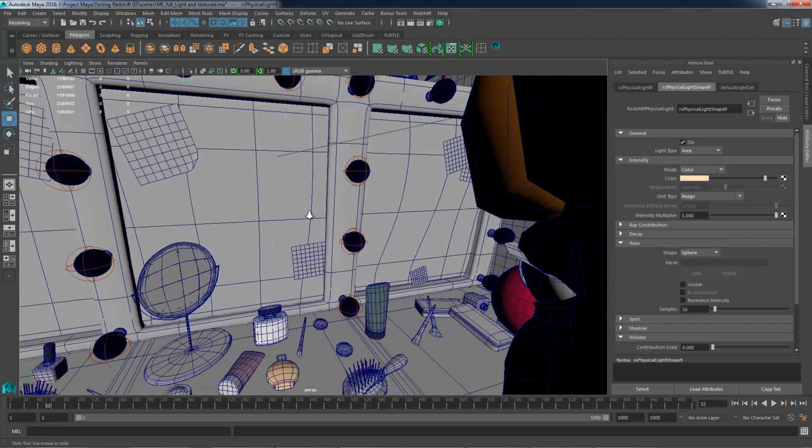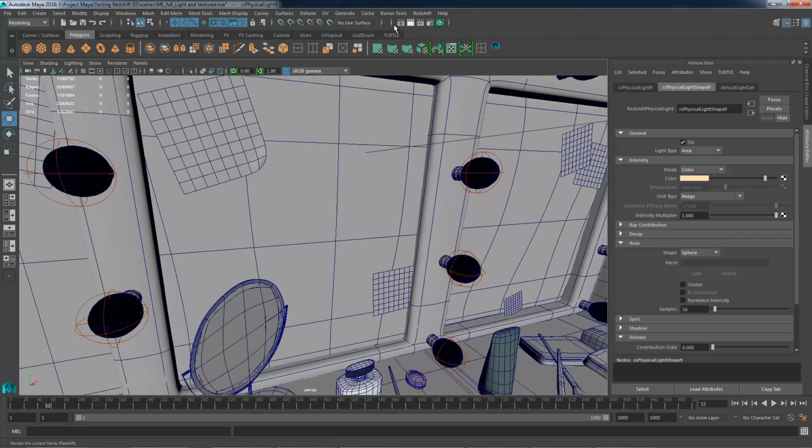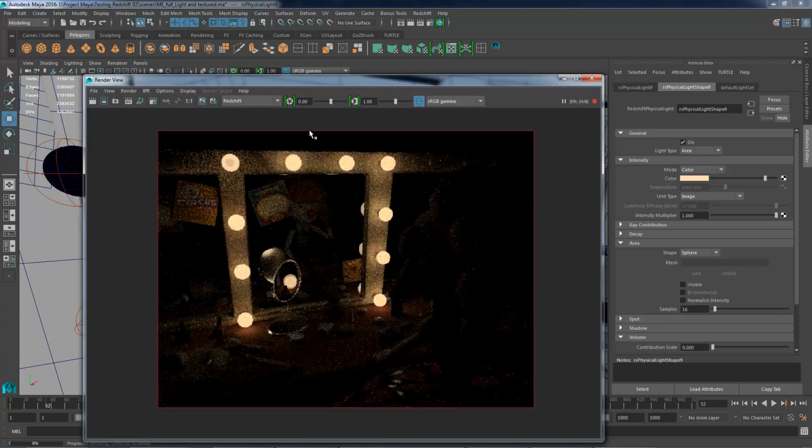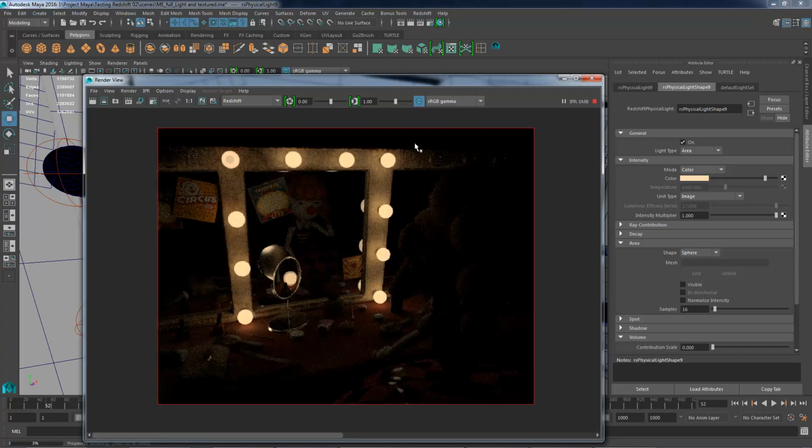Okay, and again, I'm going to do some test render. Here's IPR render cam. Okay, so I have this render for the bulb finished already. Now, again, I'm going to save this. Again, the scene is too dark, so we need to have some